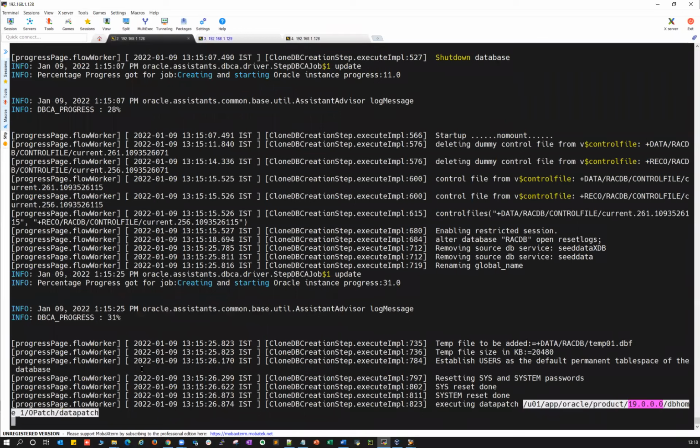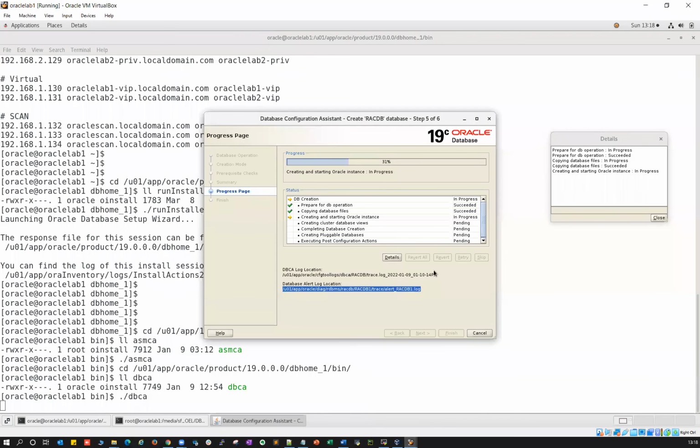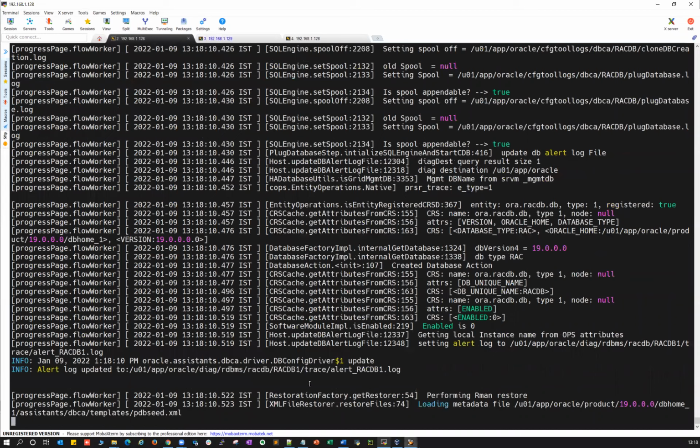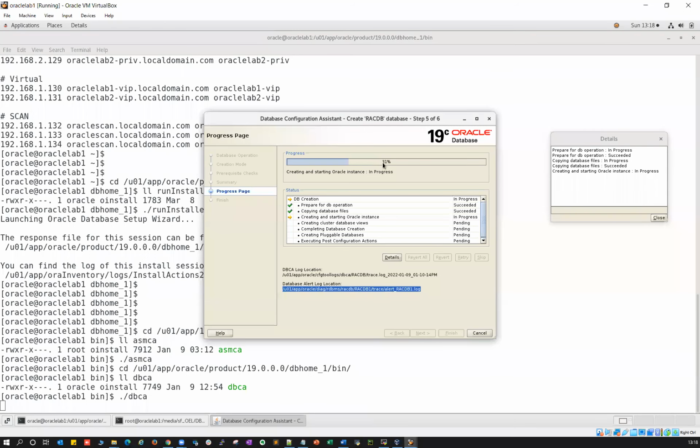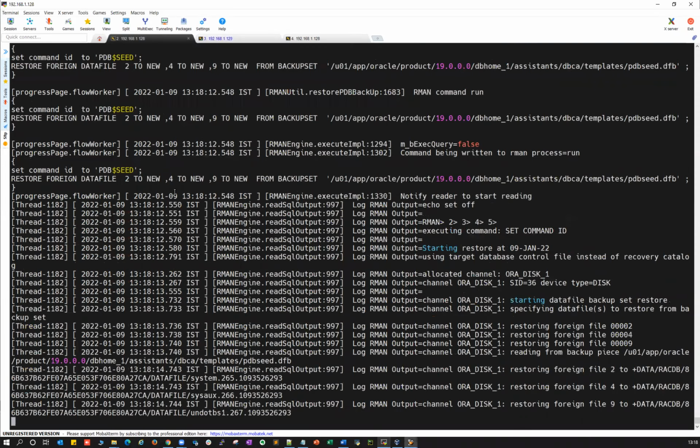Okay, it's running this data patch, which will take some time. It seems the data patch execution is done. Yeah, you can always tail this log file, which will give you more insights.